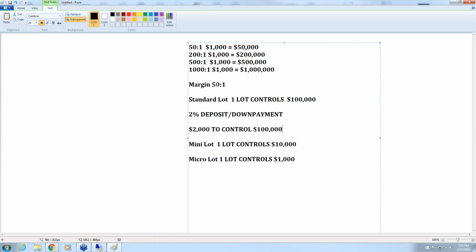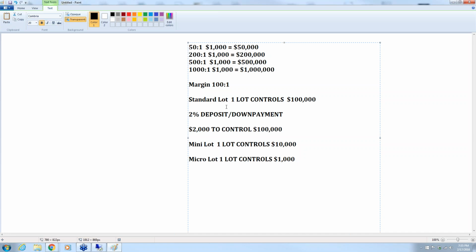50 times the leverage. Now let's just say this was 100 times, 100 to 1. Well, you would put a 1% deposit or $1,000 to control $100,000. That's how that works. Let's just say it's 500 to 1. Well, you're going to put up $200 to control 100,000. But keeping it standard, okay, keeping it standard for like FXCM,